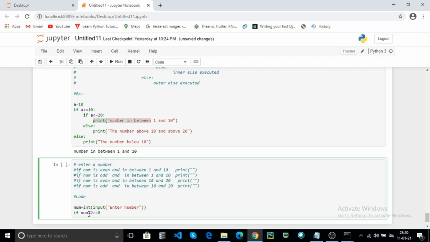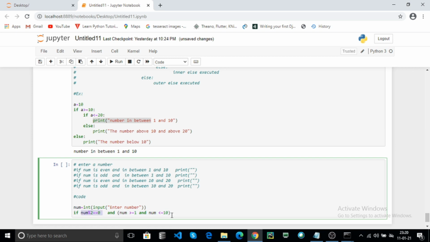Here, if the number is an even number and the number is in between 1 and 10, that is, the number is greater than or equal to 1 and the number is less than or equal to 10, this condition is true, and also the number is even.